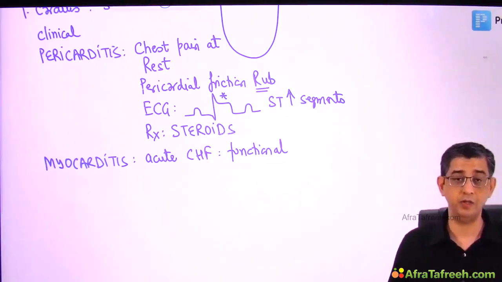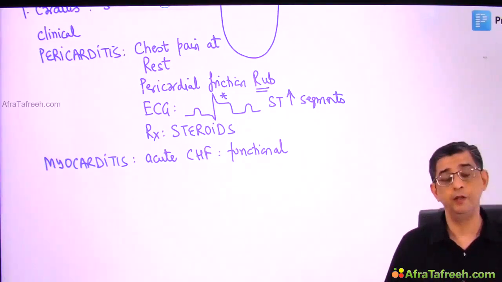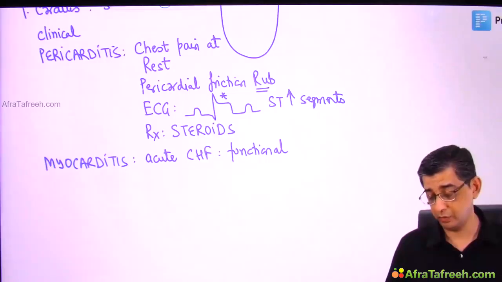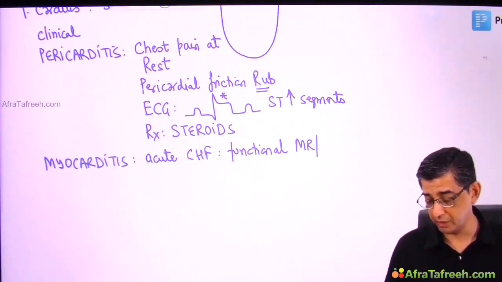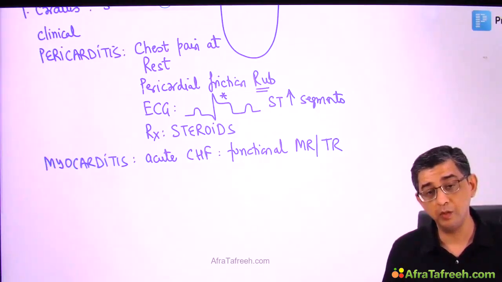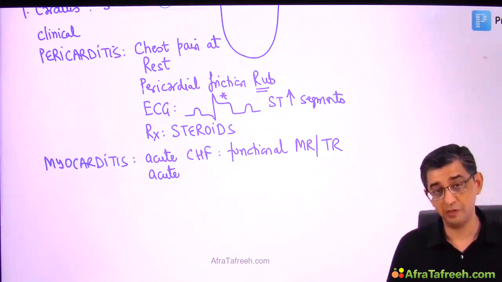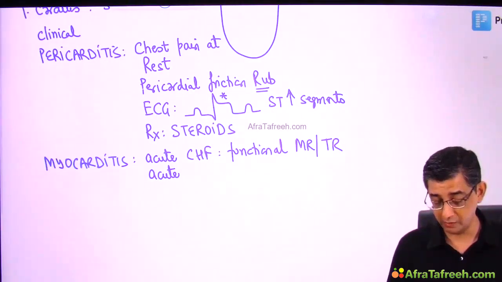It is early part of the disease, so only because the heart is dilated, the tricuspid annulus will dilate, the mitral annulus will dilate, and therefore there could be a functional MR or functional TR developing in the patient, and this functional MR will worsen the pulmonary edema component. Therefore, in the first presentation of rheumatic myocarditis, because he's having acute pulmonary edema,